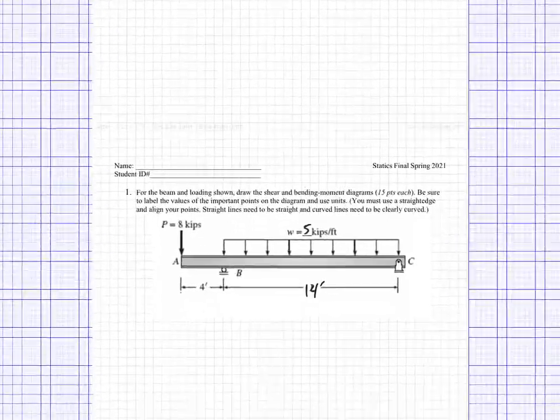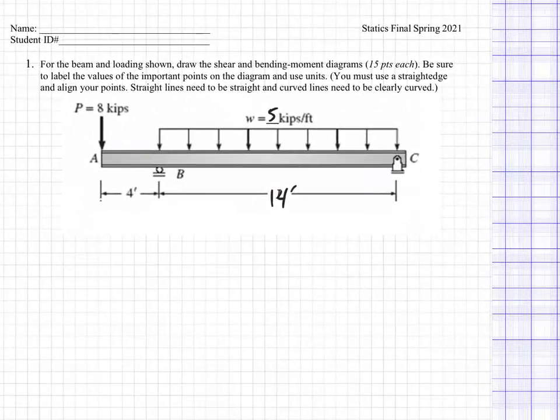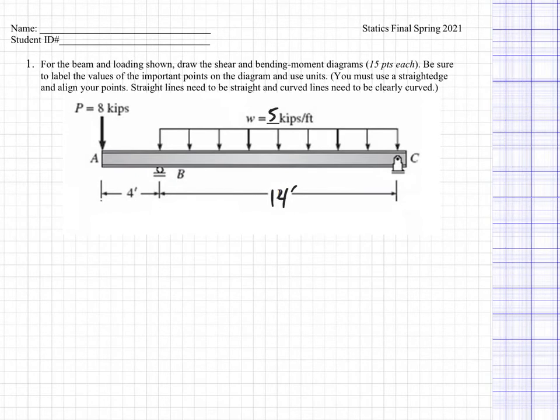So anyway, let's go down here. We've got this problem, and I've entered these numbers 5 and 14 from the thing above. So I've got a cantilever, I guess not a cantilever, a beam under this particular loading, and I'm going to draw the shear and bending moment diagrams. Oh yeah, don't forget to use units. You must use a straight edge, which at this point, if you're taking the exam, you should pull out your trusty dusty